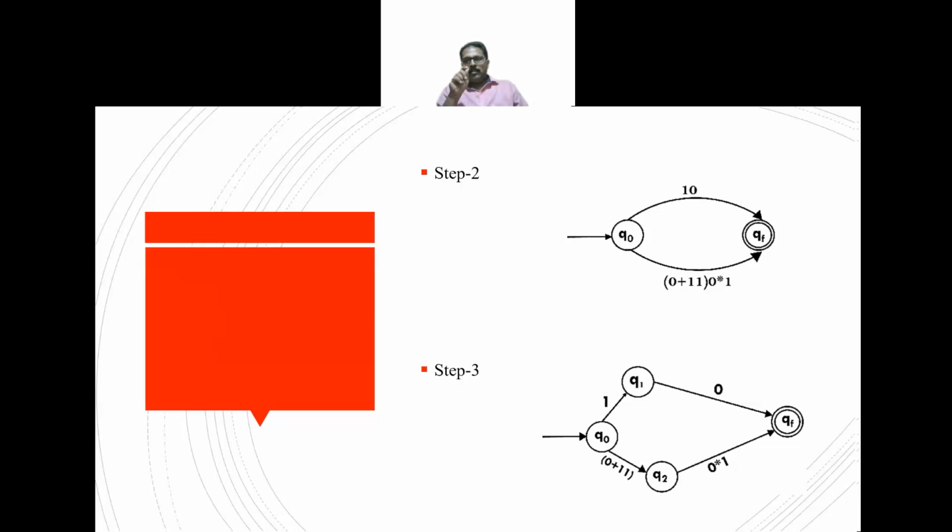In the second path, Q0 to QF, in the bottom part, the expression is also divided into two. 0 plus 11 is the first expression. 0 star 1 is the second expression. So an intermediate state Q2 is provided, with 0 plus 11 on the left of Q2 and 0 star 1 on the right of Q2. Again, the left is the expression 0 plus 11, and there is a plus symbol, so two different paths should be represented there. On the right side, 0 star 1, the star denotes a loop. So in the next diagram,